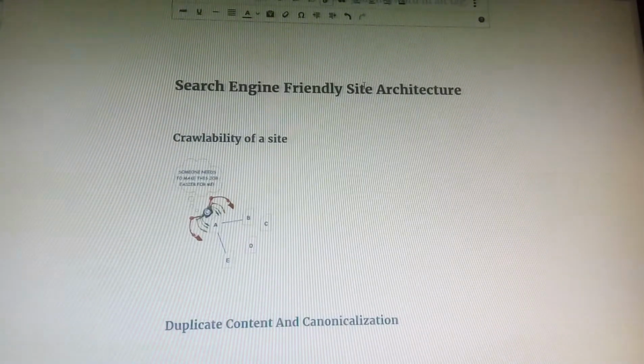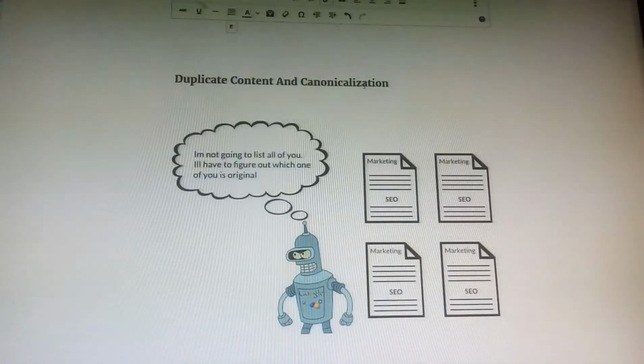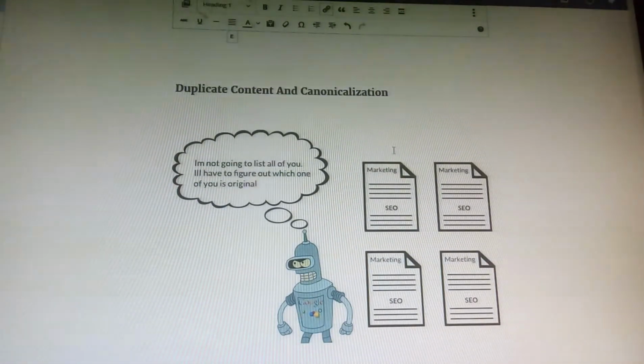So when duplicate content is present, site owners suffer ranking and traffic loss, and search engines provide less relevant results. And canonicalization is basically a practice of organizing your content in such a way that every unique piece has one and only one URL.